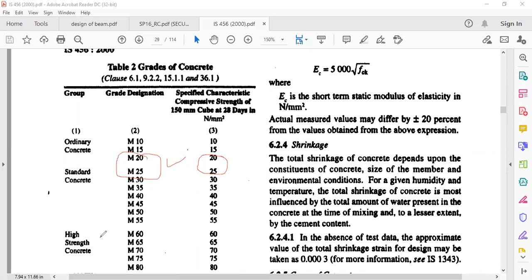But look at the high strength concrete, M60 to M80, and even more than that, there is ultra high strength concrete also, above M80. This is called high strength concrete, which ranges from 60 to 80 Newton per mm square. That kind of concrete is there. And as I said, these are sometimes basically the Viva questions or competitive exam questions related to this.